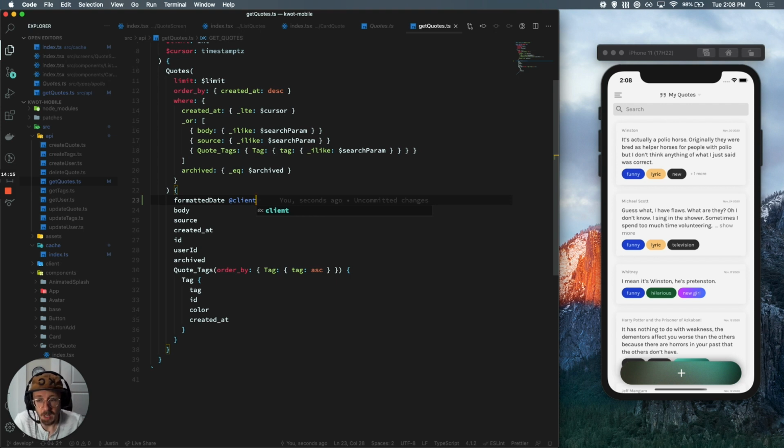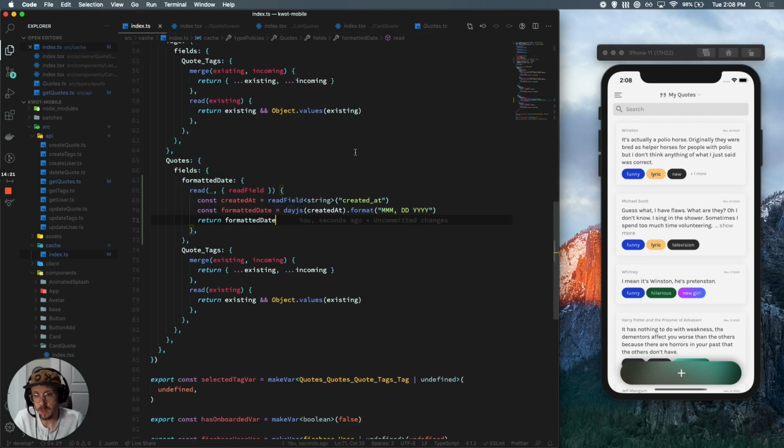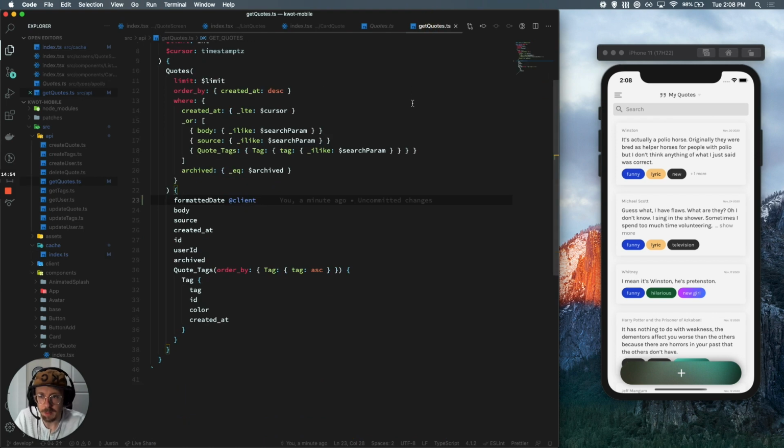All right, so we're getting close. So what we've done so far is we have created a custom field in our quotes type called formatted date. We've pulled in our read function. Because we don't have any existing data, we've bypassed that first argument because we aren't manipulating any sort of existing data. Instead, what we're doing is we're reading the field created at, so we then have that value, and with that value, we are using day.js to format it in the way that we want. And ultimately, that's what's getting returned. In our get quotes query, we are adding that new field called formatted date, and then we're specifying that that is a client-side field. So if we go to card quote,